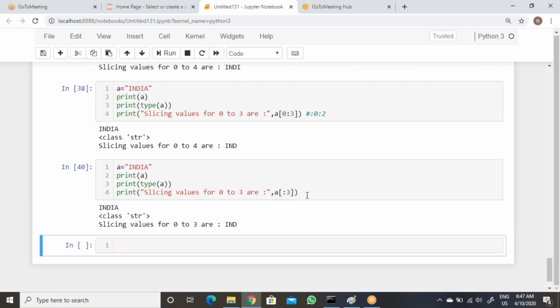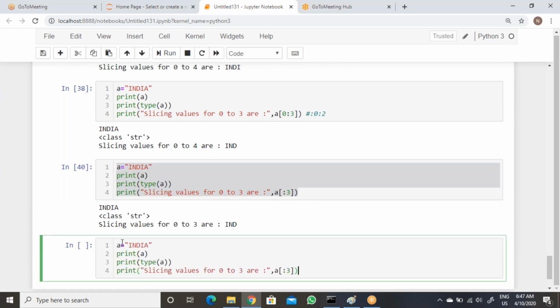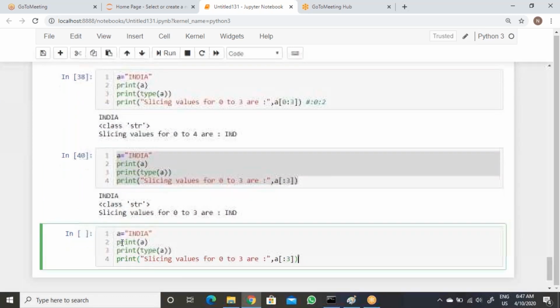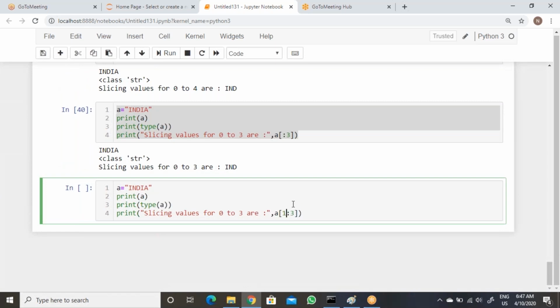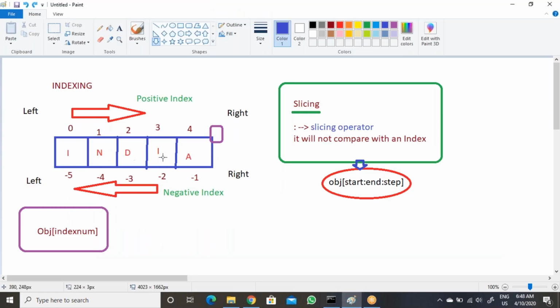Now make sure that if you are passing 2000 or 20,000, it will not throw any error. It will print everything till the end, then release the memory.